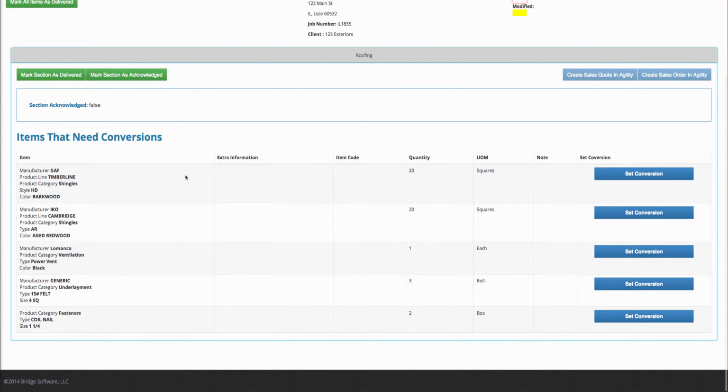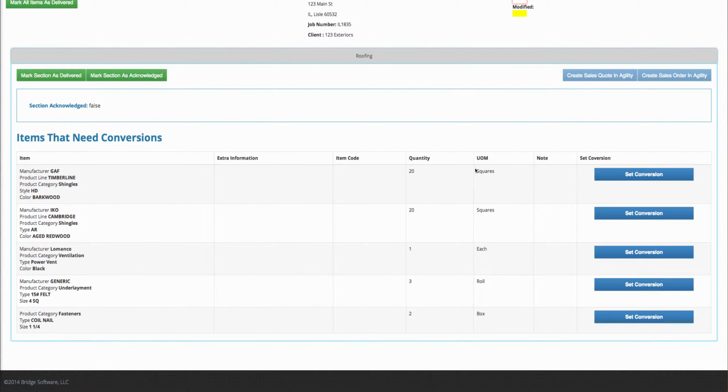So notice as we look at this order, you'll see the product listed here, extra information, item code, quantity, unit of measure, notes, and set conversion. You're not always going to see set conversion. The reason we see this here is because we don't have an item code yet. One thing that we do is, when a contractor pushes a product up to you, which is basically what's happened here, you have the option of setting up the contractor with how you want to see that